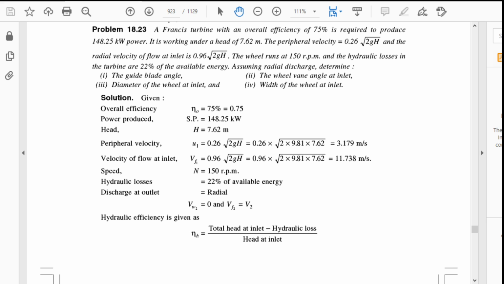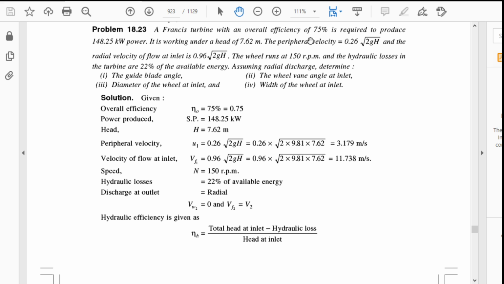Also, the important formulas are almost the same as those used for the remaining types of turbines. The only thing is that you have to consider that the outlet discharge is radial. So the first numerical is a Francis turbine with an